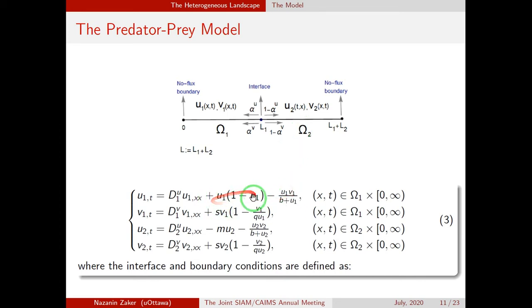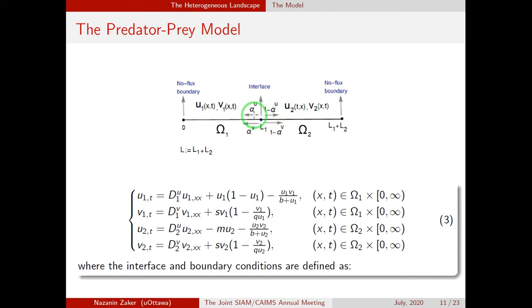So we replace this growth function with this linear death function here for our prey, and the rest is similar for our predator, as we see, because the bad and good patch in terms of our prey just depends on prey abundances. Then we have a no flux boundary condition, for the same reason as before, but we have an interface, and we have a discontinuity at the interface here, which depends on this probability preference.